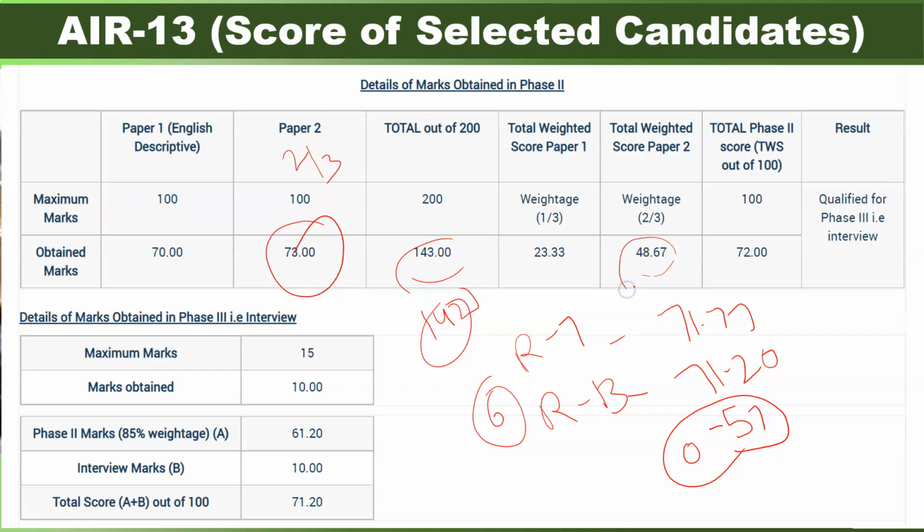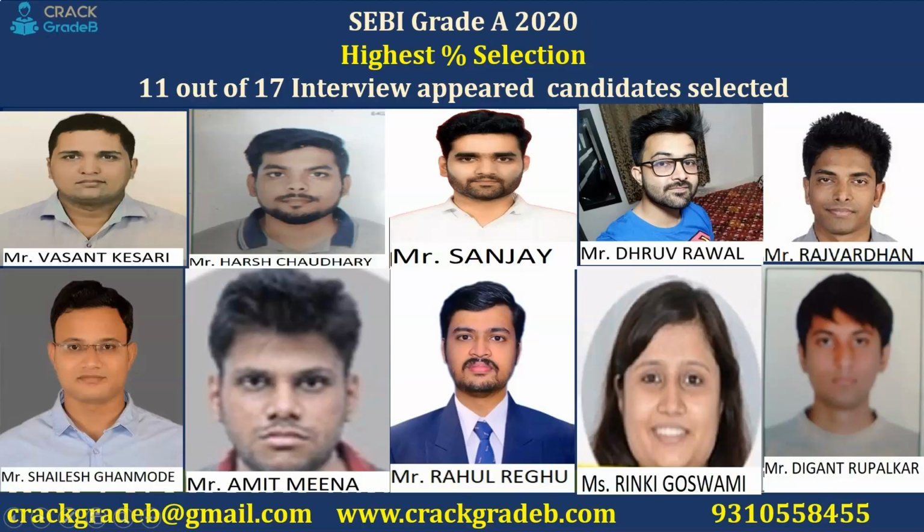So he scored 48.67 here in Paper 2 after taking the weightage of 2/3, 73 into 2/3 is 48.67, 70 into 1/3 is 23, total score 72. Final score means interview score 10, 85% of 72 is 61.2, so 71.2 is the final score, and he was shortlisted and the rank is 13. So these were our